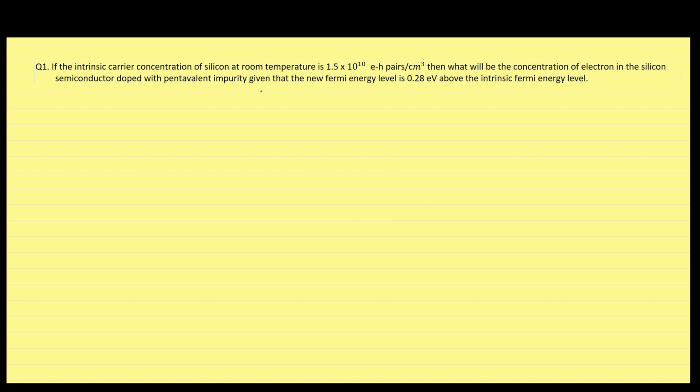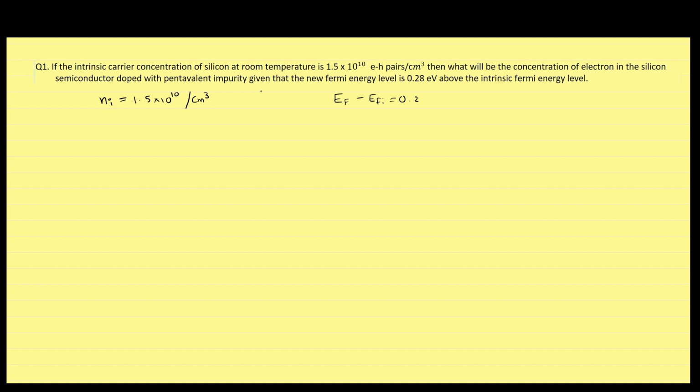We will see the solutions of set 3 questions. If the intrinsic carrier concentration of silicon at room temperature is 1.5 into 10 raised to the power 10, first we will write out this particular data. Then what will be the concentration of electron in the silicon semiconductor doped with pentavalent impurity, given that the new Fermi energy level EF is 0.28 electron volt above the intrinsic Fermi energy level,